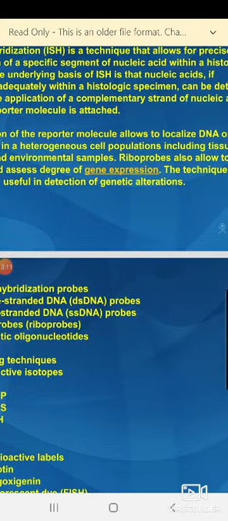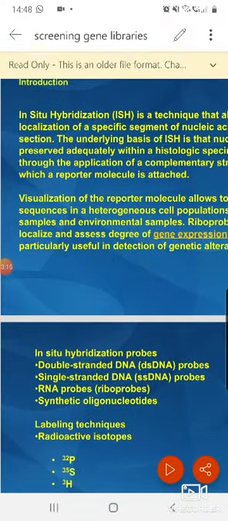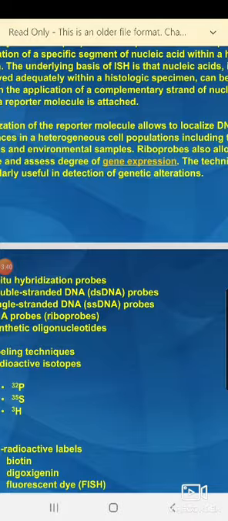So what it implies is, let's say two samples are there, one from a normal cell, one from some abnormal behavior of a cell. If you compare, in the normal you may see a spot, but if that is amplified more in the disease condition, you can clearly say that in that particular region an alteration has taken place, that's why this amplification takes place. Okay, that's why they are talking about gene expression.